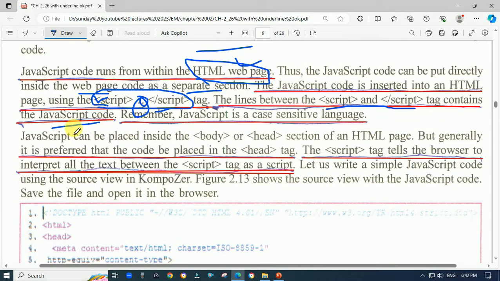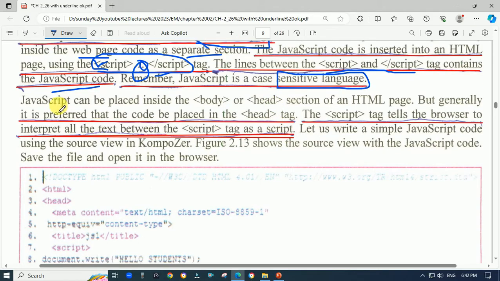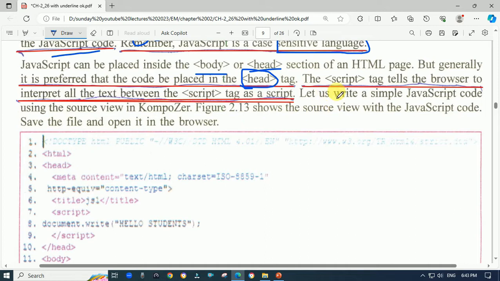Remember that JavaScript is a case-sensitive language, which is very important. You can place it inside the body or the head section, but it is generally preferable to place it between the head tags. Script tags tell the web browser to interpret all the text between them as